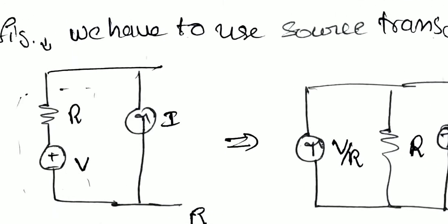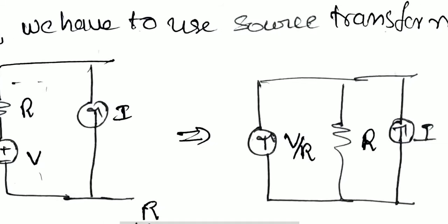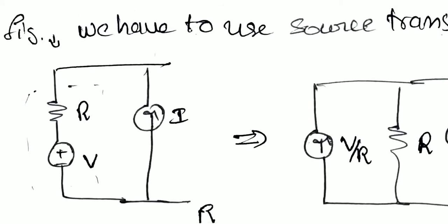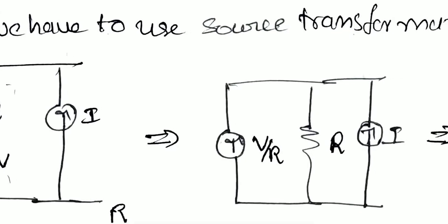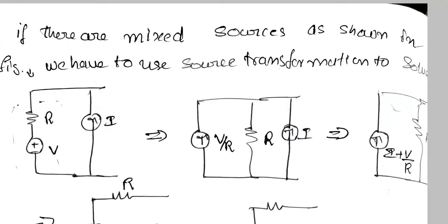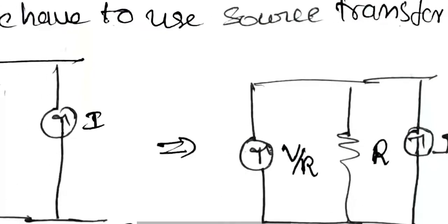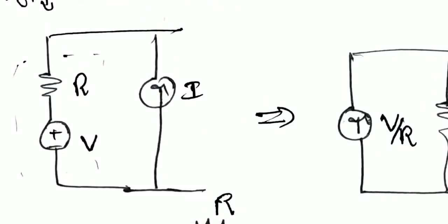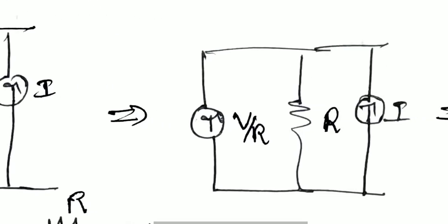The voltage source will become a current source, and here you may observe that the voltage and resistance are in series, but they will come in parallel. The current source with a resistance will come in parallel, that is V by R, and the resistance R will be in parallel. So the value of R is unchanged, but the current value I is given by V by R. The equivalent current of your voltage is given here as V by R.